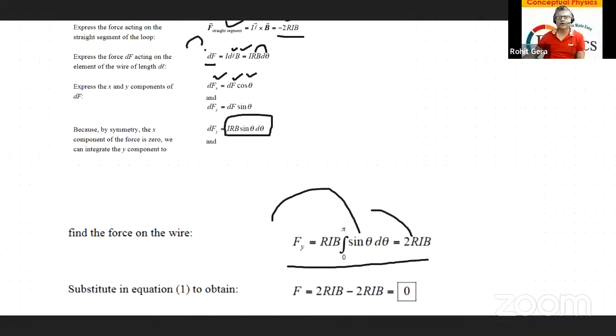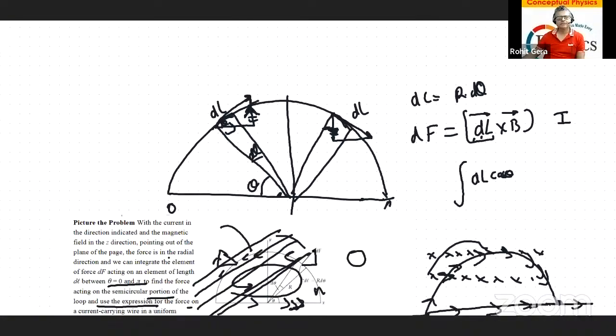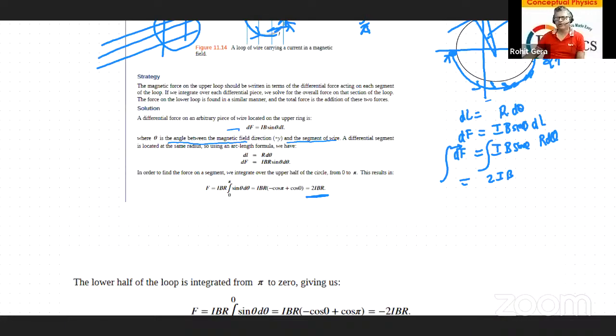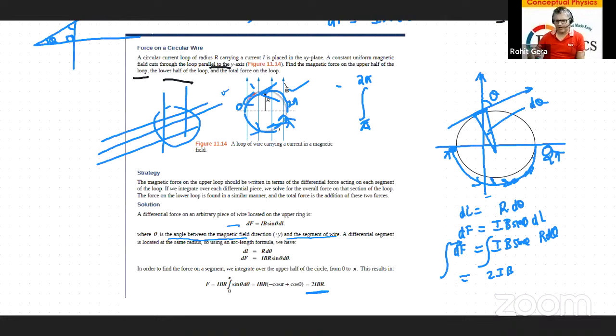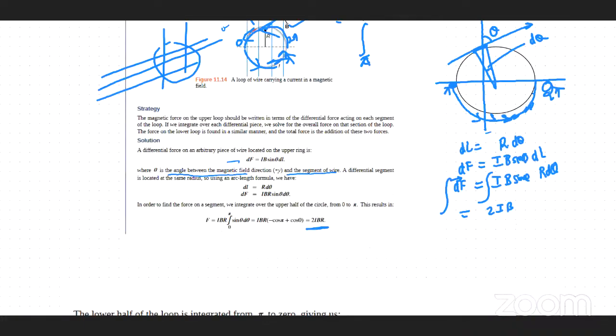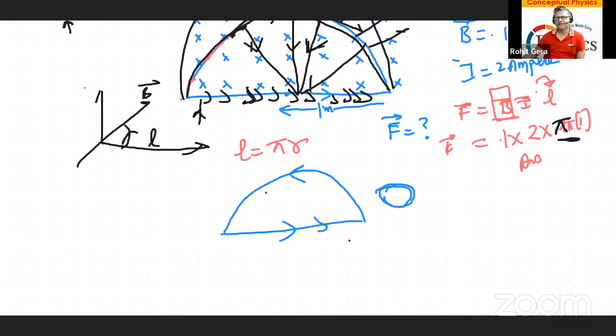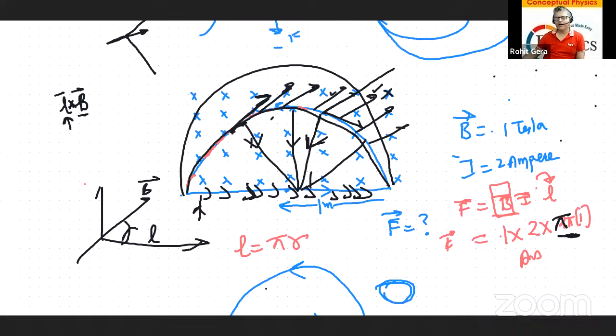Even if you get this insight, you can solve many questions with the help of this। So I'll see if you can do some from the book। Now go back and see for yourself, are you able to understand it in a better manner or not, can you do the questions or not। ठीक है, so force on a circular conductor has two scenarios। One is when the conductor is carrying a closed loop current, and the second is when it is not carrying the closed loop current।